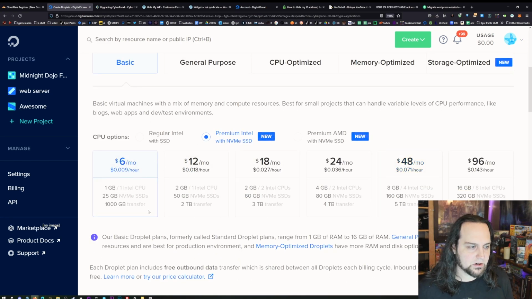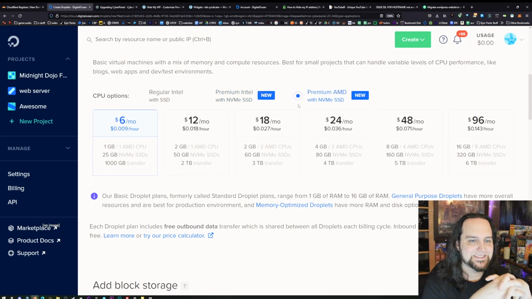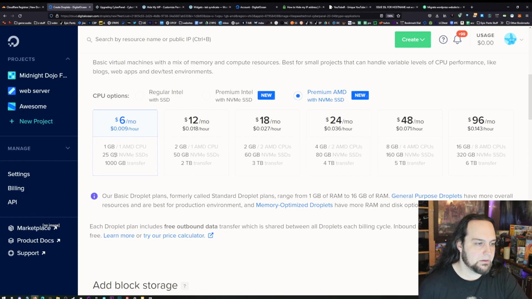And then down here, let's just start with the $6 a month one. And for $6 a month, I'm actually going to click on AMD, just because reasons. It's nice to have AMD as an option, and they're generally slightly better. But this will give me 1 AMD CPU dedicated, 1 gigabyte of RAM dedicated, and 25 gigabytes of NVMe storage,